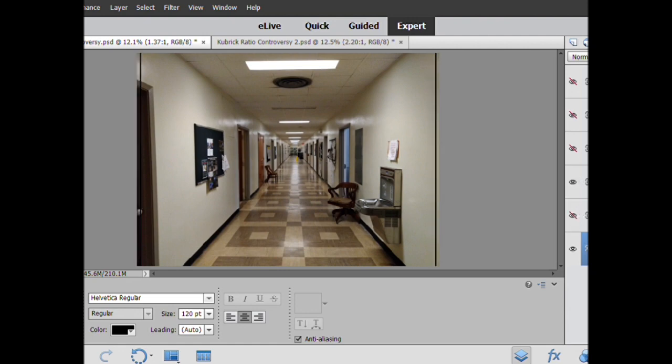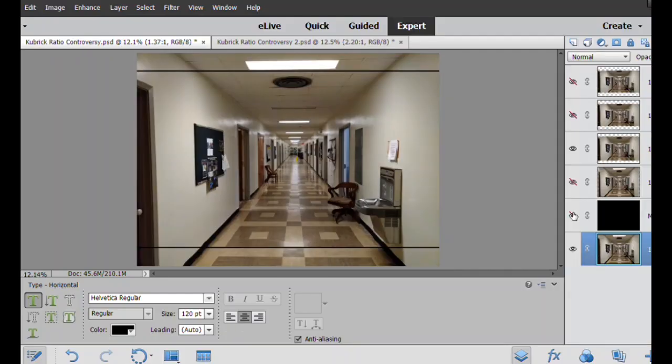So again, that's the 1.37 to 1 and the 1.33 to 1 comparison. As I said, they're negligibly different, but also the DVDs of The Shining, Full Metal Jacket and Eyes Wide Shut, the 3 films that this whole controversy surrounds, are also slightly zoomed in as well. Why? Fuck you, that's why.